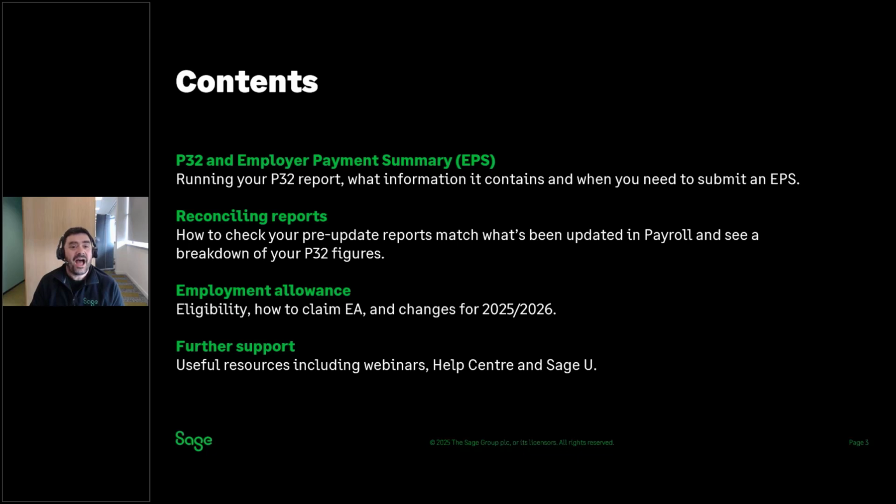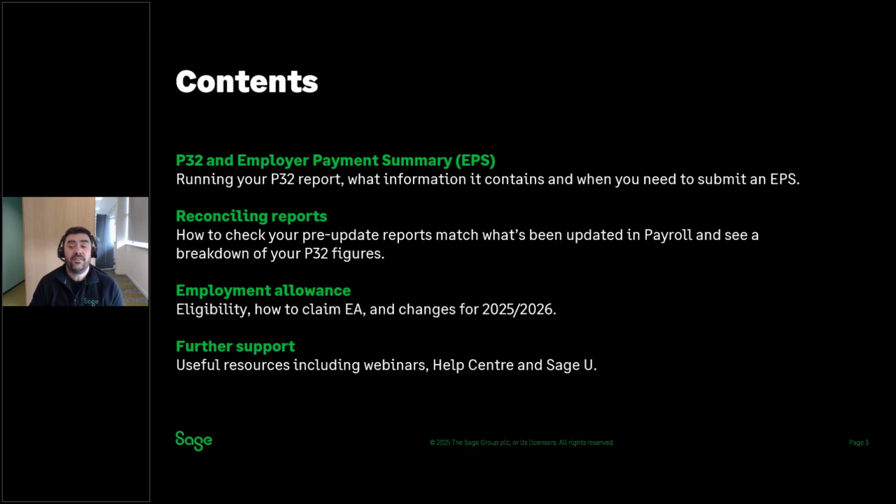Let's now take a look at what we'll cover in the webinar. So we're going to start with a month-end checklist, which will cover running the P32 report and submitting an employer payment summary, or EPS, where required. So we'll run through what you can see on that report and in what circumstances you need to send an EPS. We'll then take a look at reconciling reports and show you ways of checking that your pre-update reports are the same as the information you've updated in your payroll, and also how you can get a breakdown of the